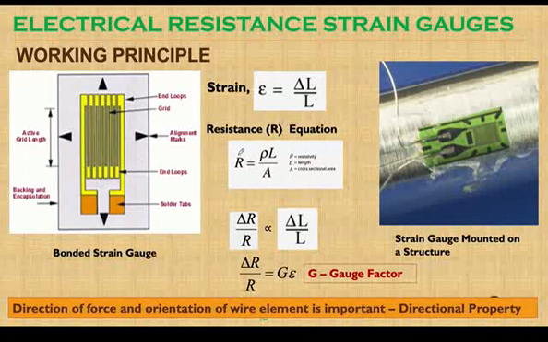Based on this principle, we know that when there is a change in length, obviously there will also be a change in resistance. That means the change in resistance relative to the original resistance will be proportional to the change in length relative to the original length. That is, the change in resistance to the original resistance is proportional to the strain, which is the change in length to the original length. When we remove the proportionality, we can say that G is the gauge factor. So change in resistance is proportional to strain, and the gauge factor is the constant that depends on the material